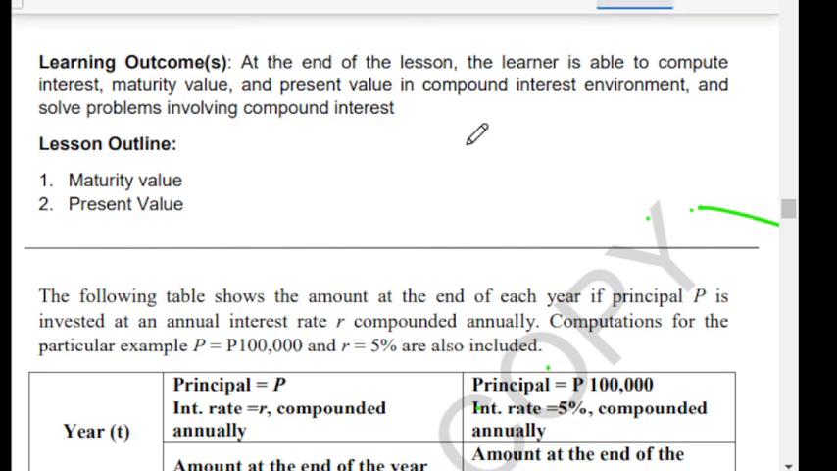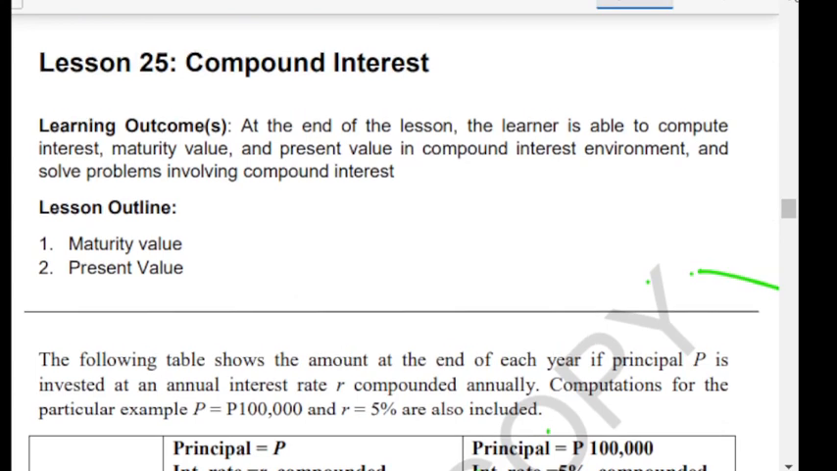Okay, hello. Let us now continue compound interest. At the end of the lesson, the learner is able to compute interest, maturity value, and present value in a compound interest environment and solve problems involving compound interest. So we have the lesson outline,